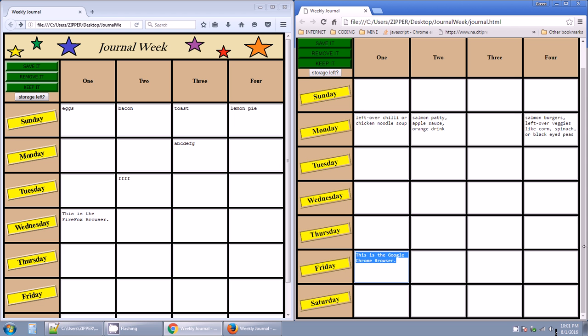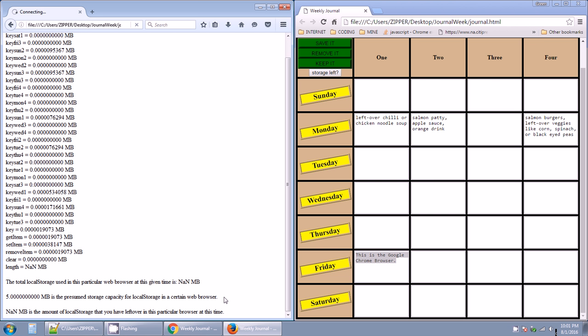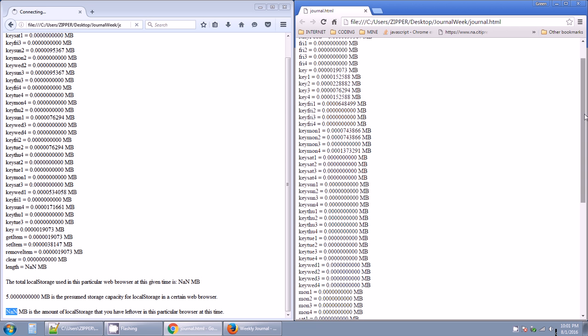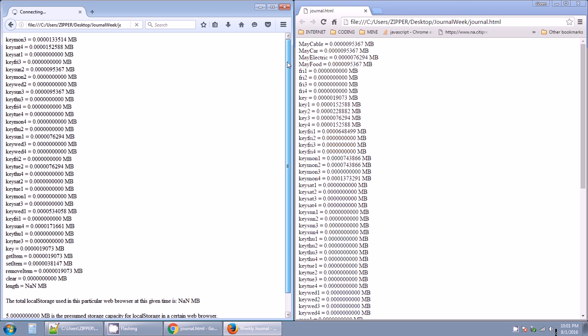But in Google Chrome, the last 3 sentences that I wrote, which in Firefox, instead of giving me values, gave me NaN for not a number on the first sentence and the last, Chrome, on the other hand, gives me a value. So let me hit here. Okay, and another funny thing too is Chrome is picking up